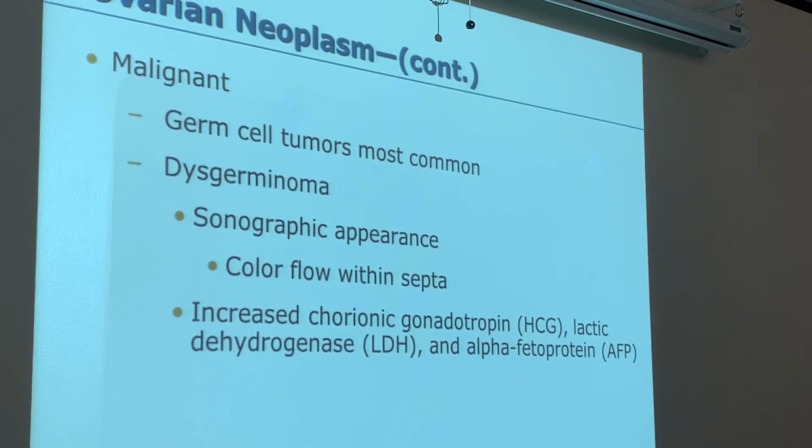You're gonna have lots and lots of color, and with that, you're gonna have an increase of HCG. HCG tells our body that we're pregnant, right? So why would a pediatric patient have an elevation of AFP, of HCG? So if you have HCG